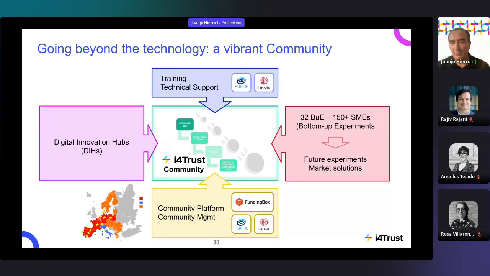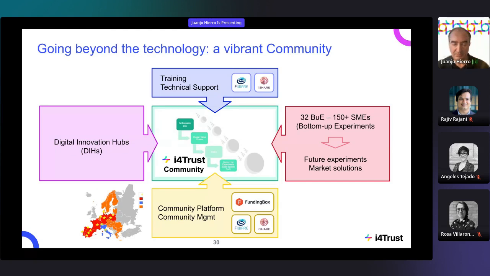I already commented in the introduction session this morning that the I4Trust program is not just about delivering technology that you can use for your experiments.